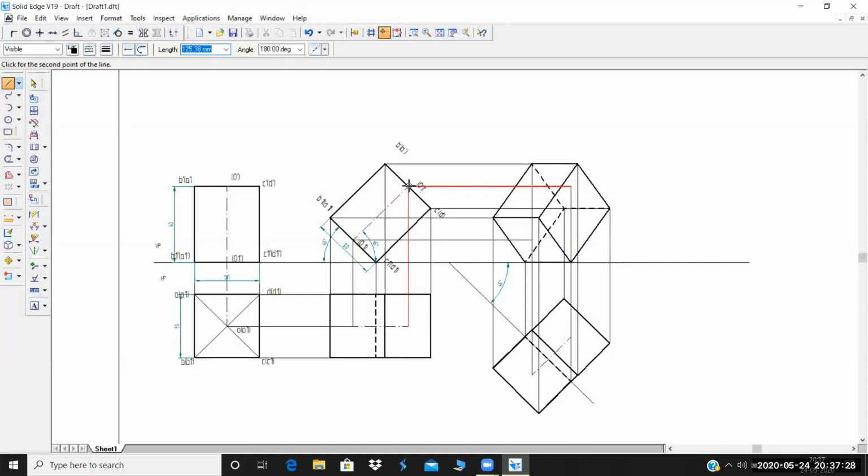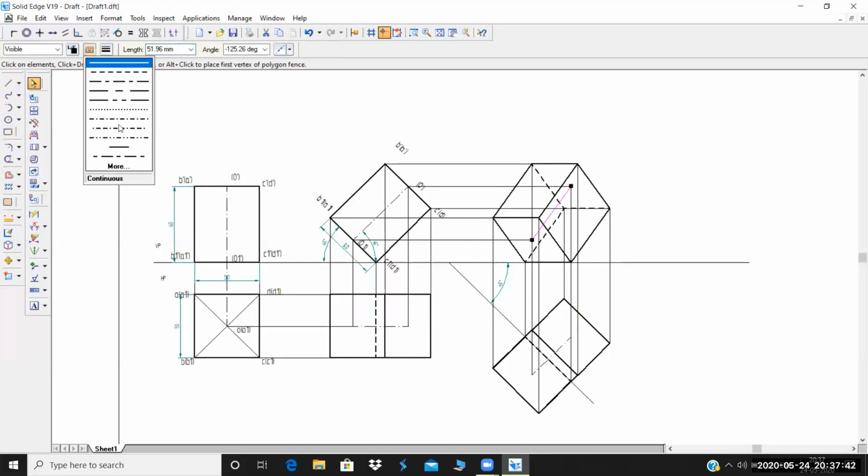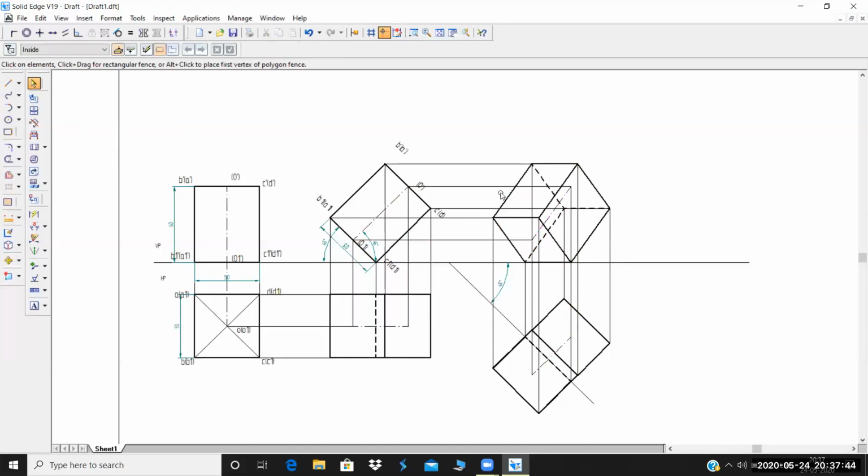So these lines are also necessary. This axis line you have to show: from this end to this end is your axis line. I have told you already that axis line thickness is 0.35, so change it to 0.35, and the type of the line is this one, axis line. Name all the things, your problem is completed.